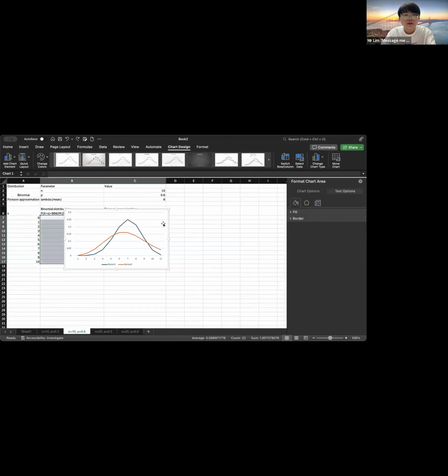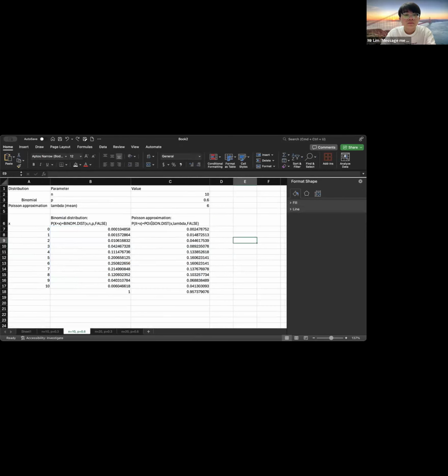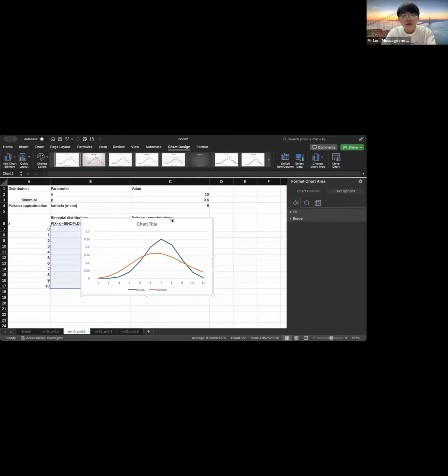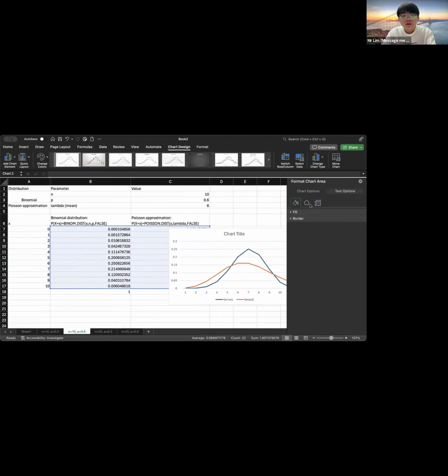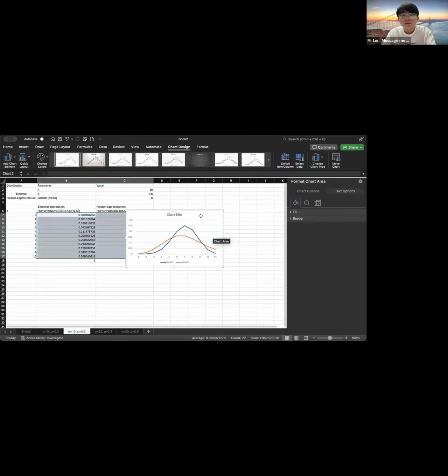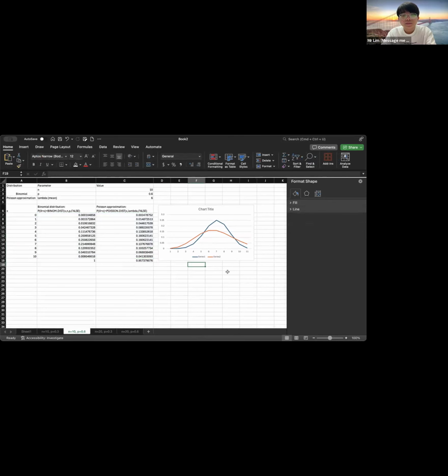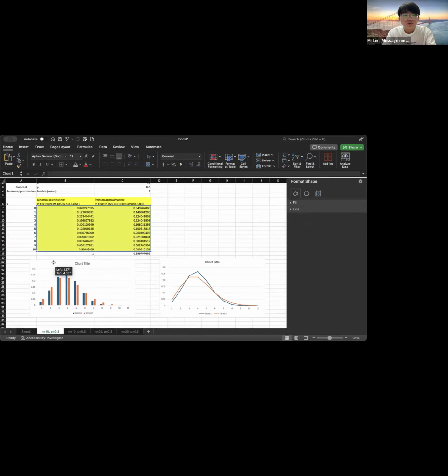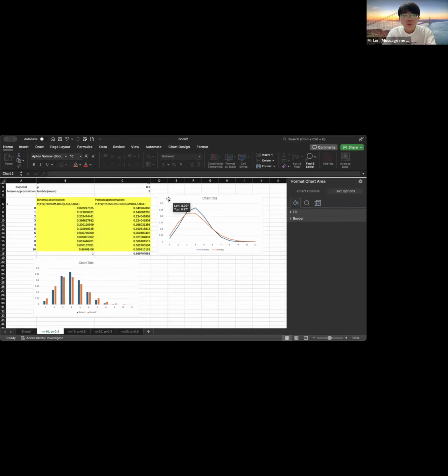Hey, what happened? Once again. Hey, what happened here? Okay, like this. So if we compare directly, this one I just put here. If we compare directly this one and this graph,